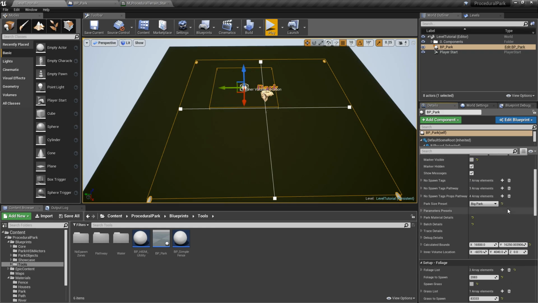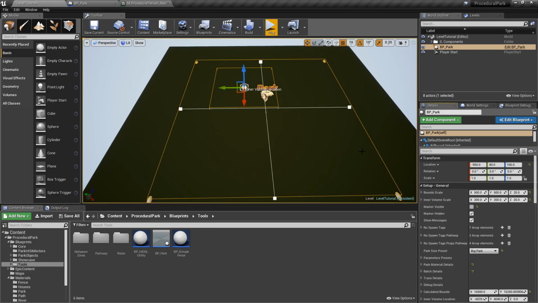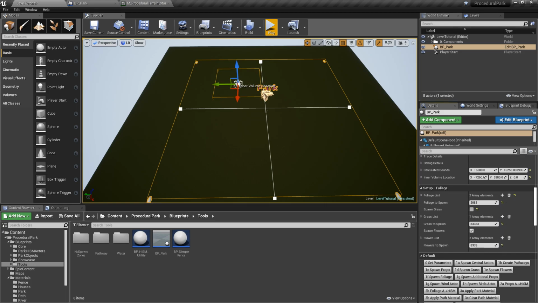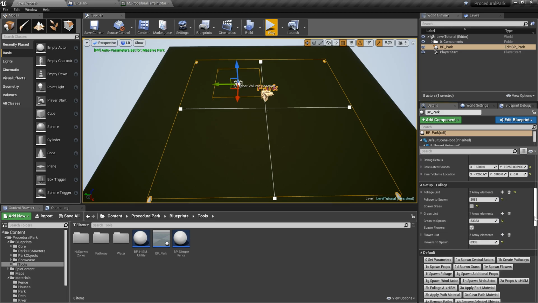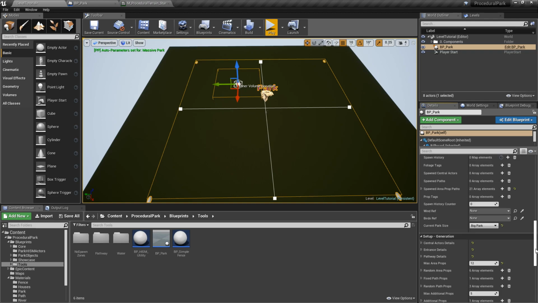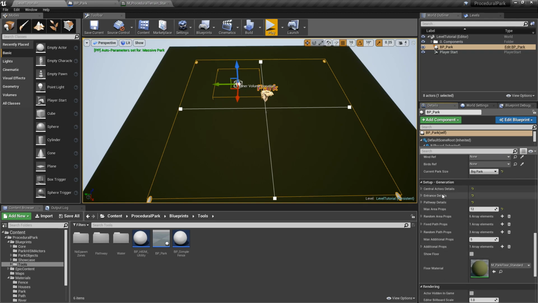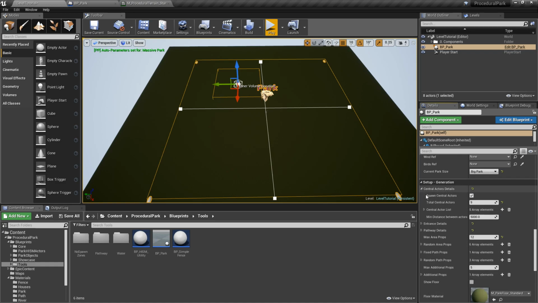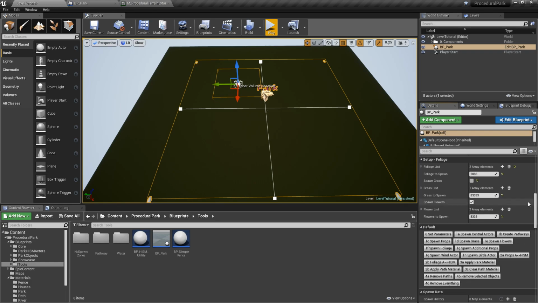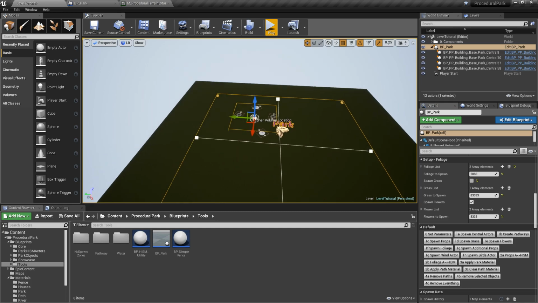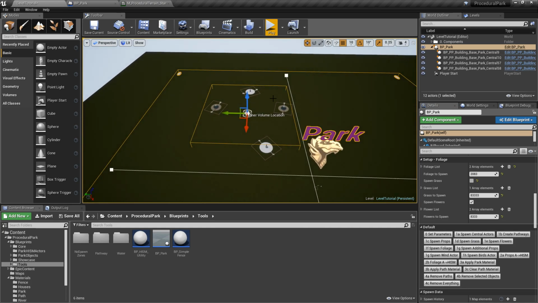And another cool thing here is that you can use this for several things, right? So if I change this to 150 by 150, for example, what I can do, and I'm going to go ahead and set parameters here for massive park. I'm going to specifically go back to setup generation, central actor details, and total actors are 9. I'm going to change this to like 4 for demonstration purposes. And if I come back here and say spawn central actors, notice that we spawned 4 actors in this area,